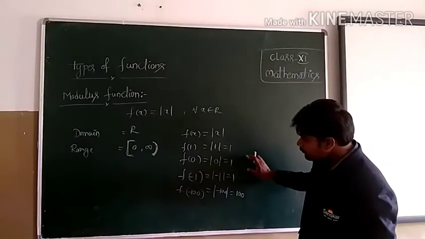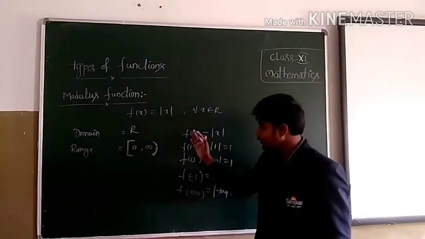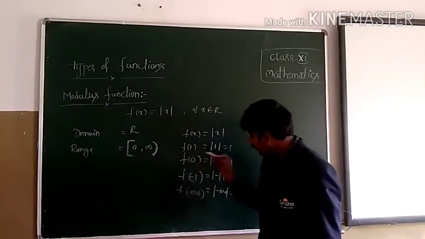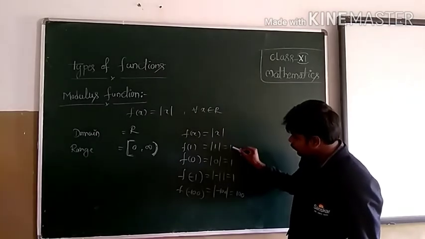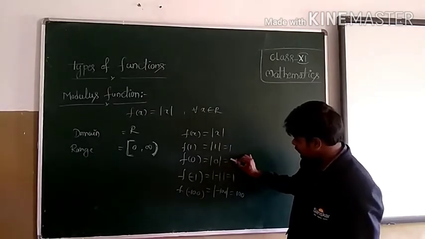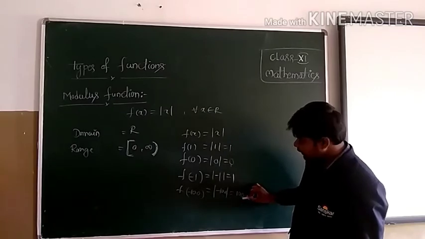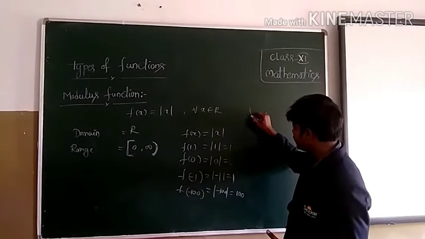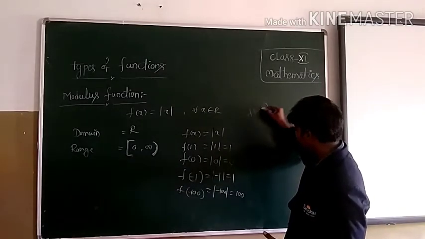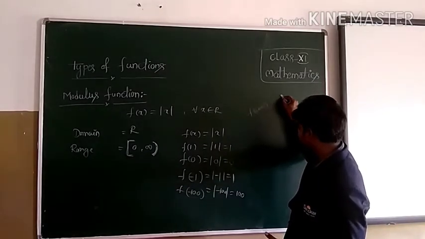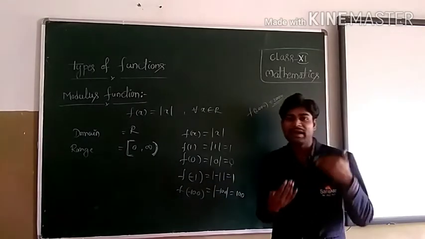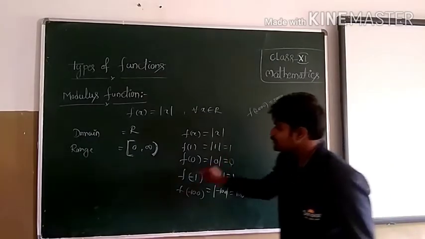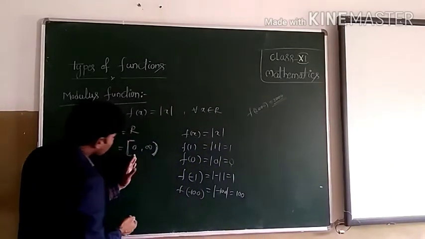So that's why the domain is any number you can give, and the range is completely different: 0 and all the positive values we are getting, right? Here modulus of 0 is 0, 1 is 1, again 100 is 100. All these are positive values. And if you give, suppose, f of 2000, or minus 2000, again you will get 2000 only, a positive value. Like that you can give any maximum number, you will get that number and it is a positive number. So that's why the range is 0 to infinity.